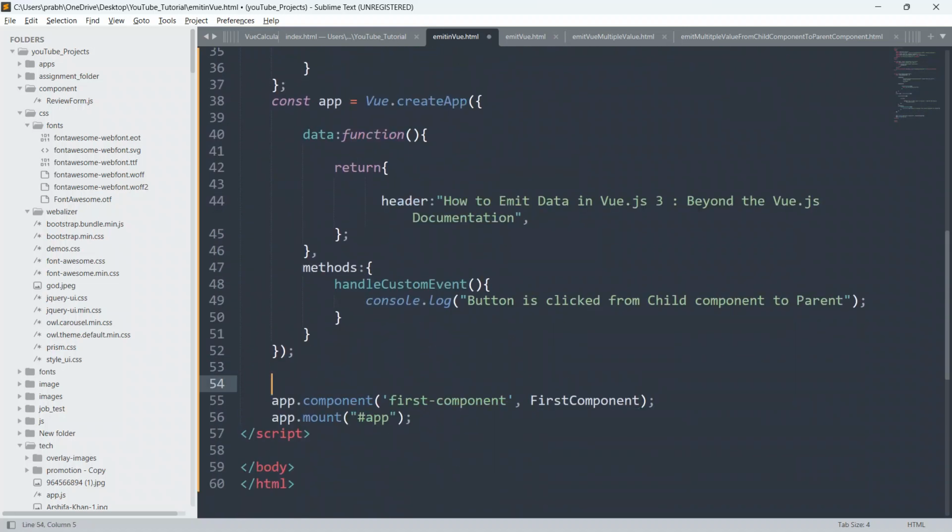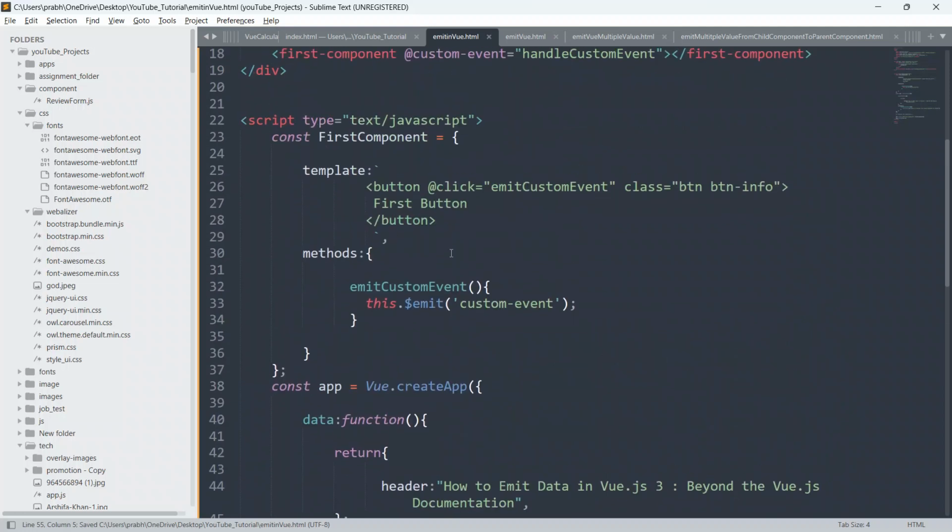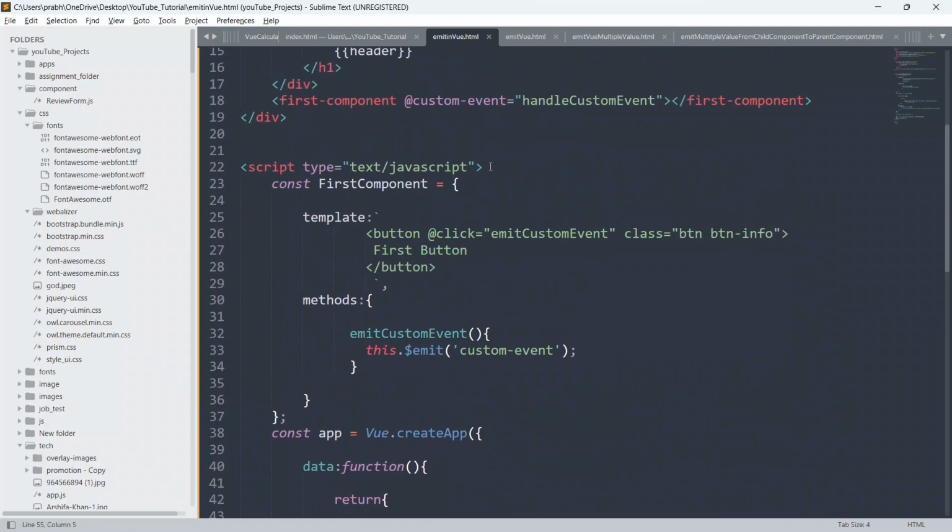Let me give a comment also: register the components. We will register two more components here. I hope you are clear about what the emit function is and how to create an emit function to emit the custom event to the parent component.